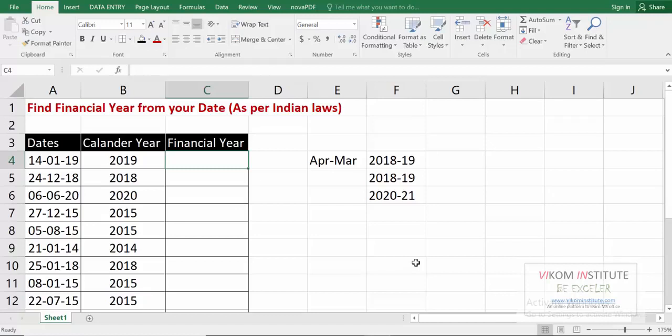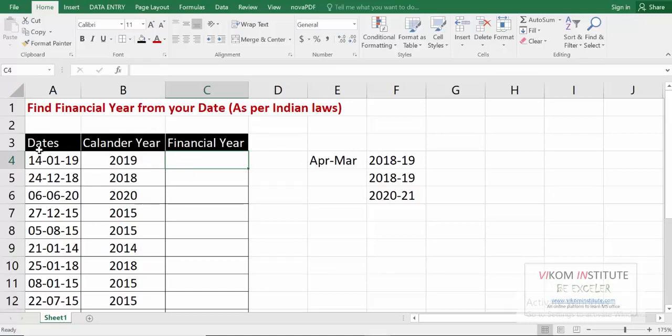See, in this case our month is less than 3, so our first year would be the calendar year minus 1. Let's begin with the first year.